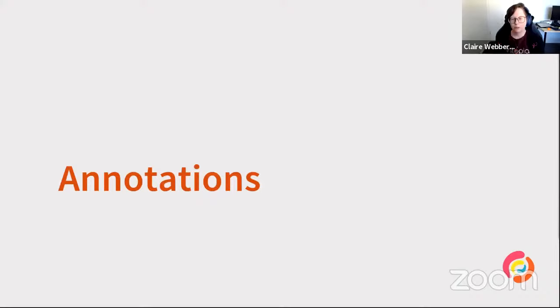So let's have a look a little bit more around annotations now. So as Sarah mentioned, annotations and documentation is a key way we can help build that communication in teams and really bring the accessibility focus up really early into the project. So what do we mean specifically by annotations, and what are we looking to achieve here?